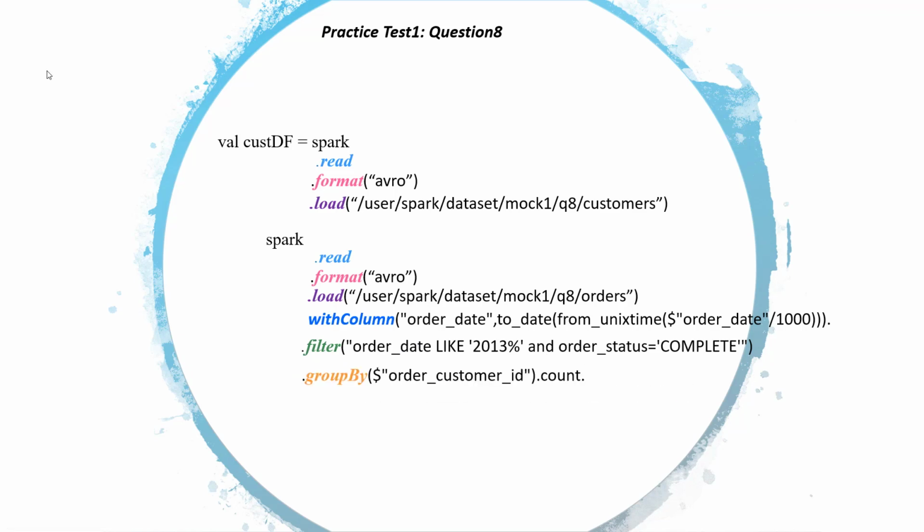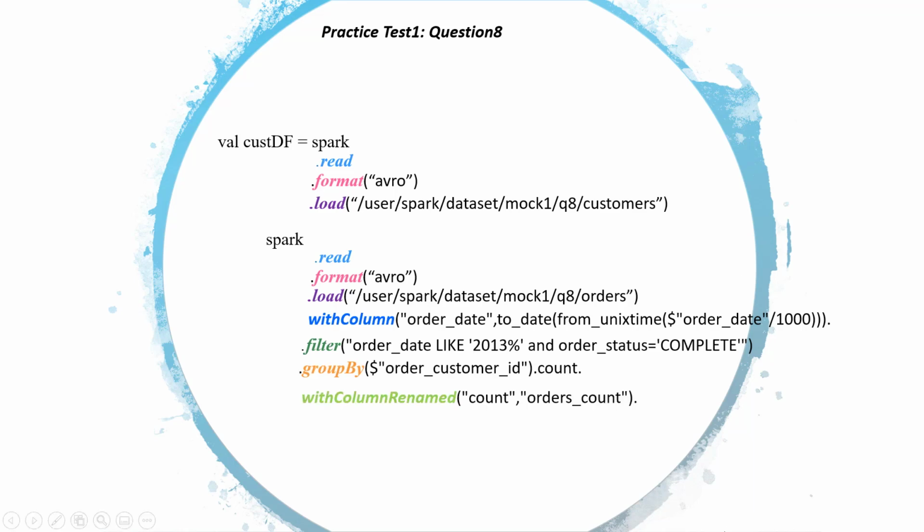The next step is to count the number of orders placed by each customer. So in our orders data, we do have something called customer ID, and I can group the records based on my customer ID and then apply the count operation on top of that. So it will give me the orders placed by each customer in year 2013 whose status is complete. After grouping the data, I wanted to rename the count column to orders underscore count because that is required in my final schema. Then I'm going to join this orders data frame with this customer data frame, because in